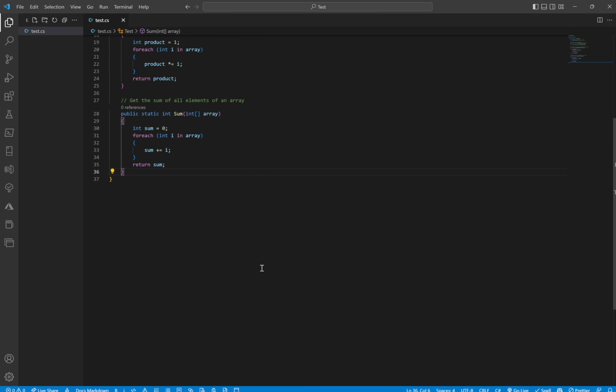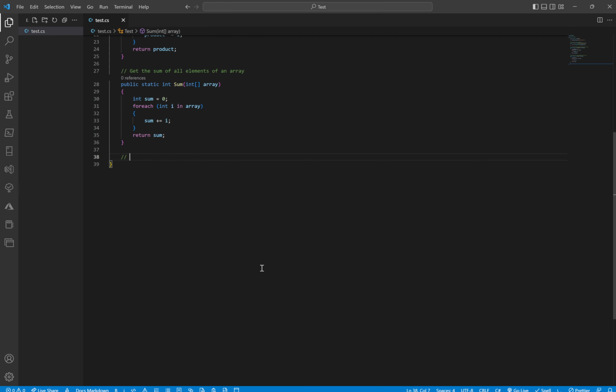Now it is returning the sum of an array. Now, get the average of all the elements of an array. So now this is the method. Okay, get response from get request